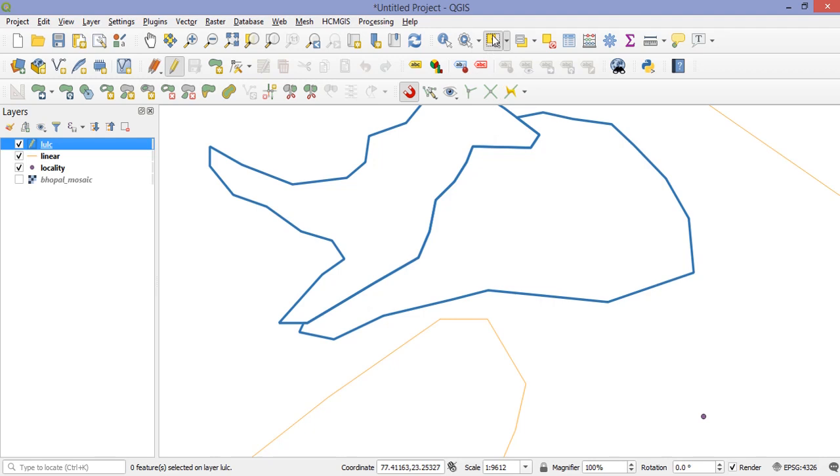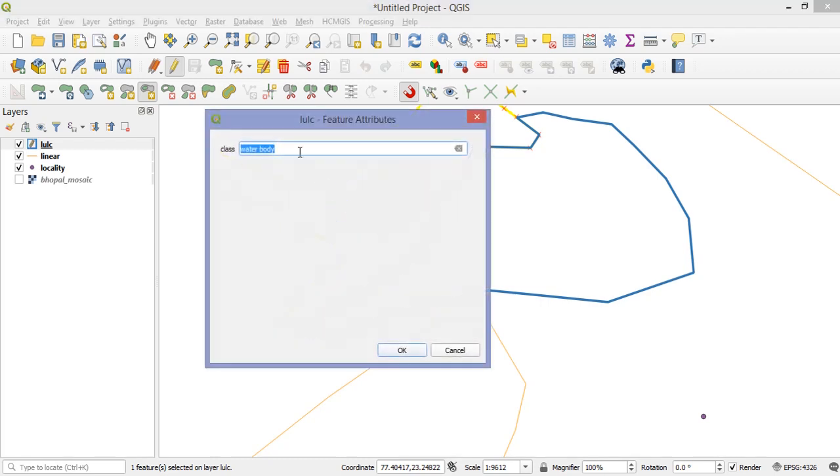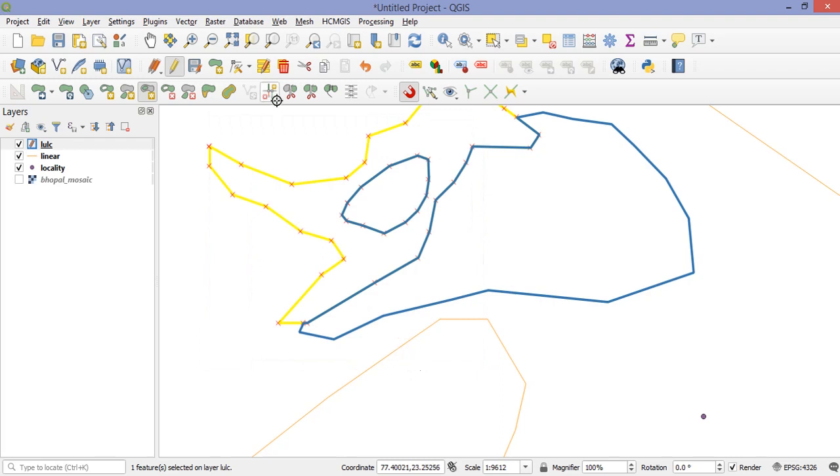First of all, I will select this polygon, that is water body, and there is an option known as fill ring. So suppose there is a small island, it's not a water body, I will just right click on it and give island. Okay, and I can see that this is a separate polygon, and the inner one has been separated out.